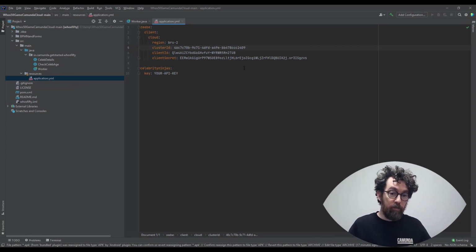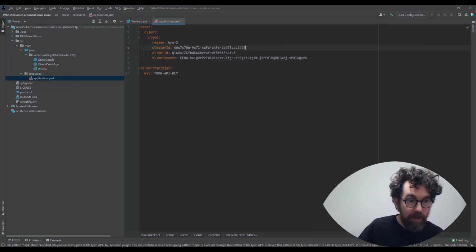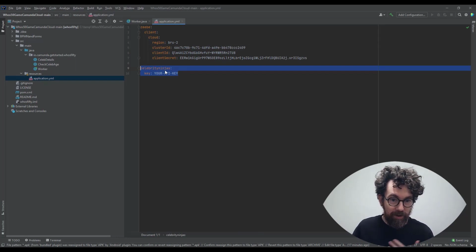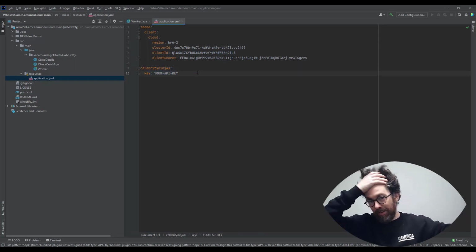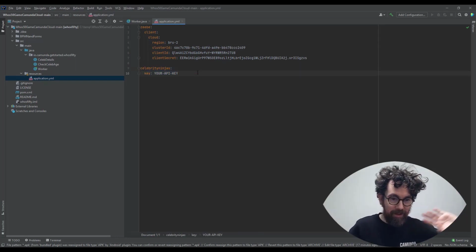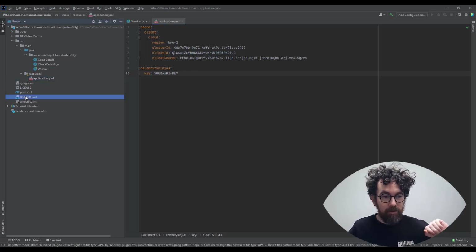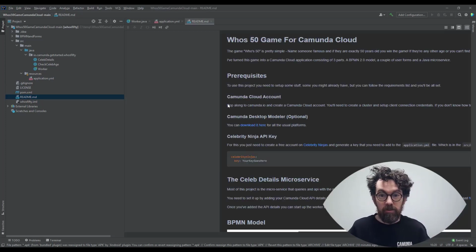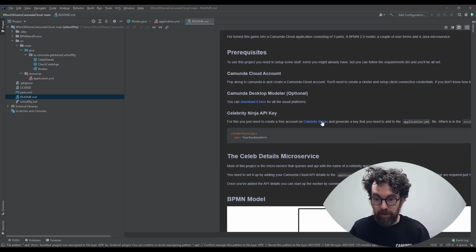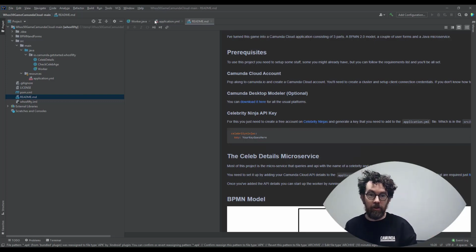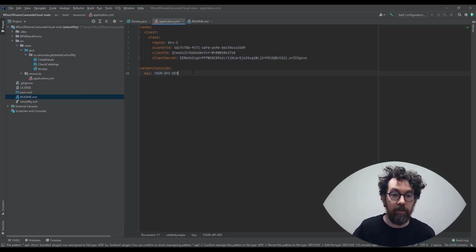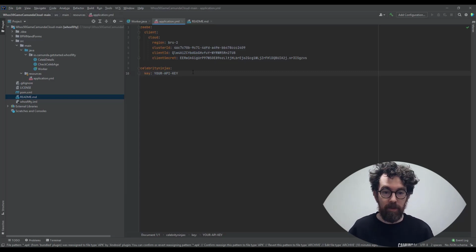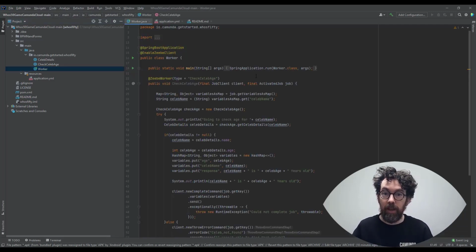The next thing to do, which is pretty straightforward and doesn't involve Camunda, is that we need our celebrity API key, because we use an API to communicate with this celebrity API. We need to just go to the README file, and you'll see here that I've left instructions on where to go and just create a free account on this link here. And then when you get that, you can come back and add that right here. It'll be like a key in the same way as the above ones. That should take a few minutes. Once that's there, you're then going to be able to start up your worker. And that's what we're going to do next.